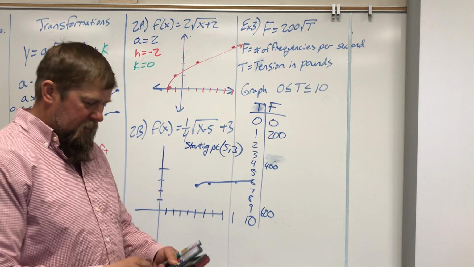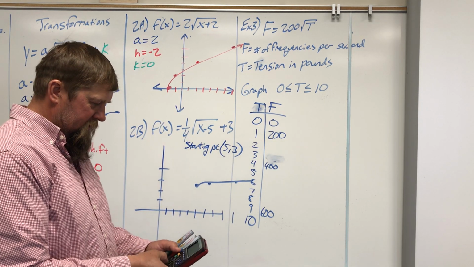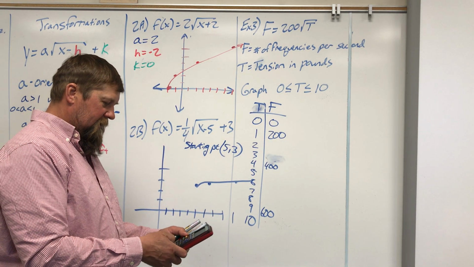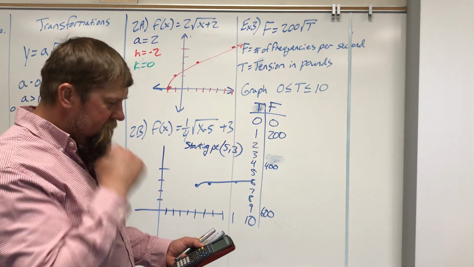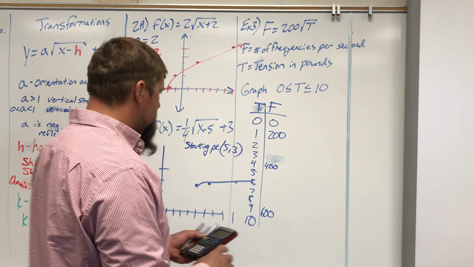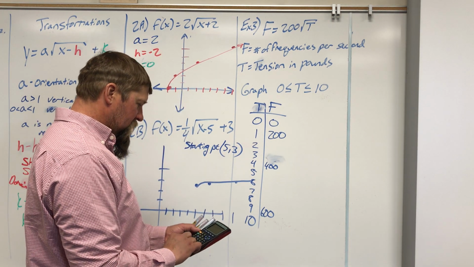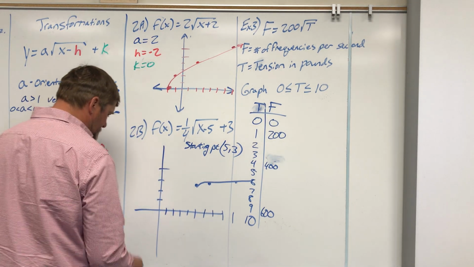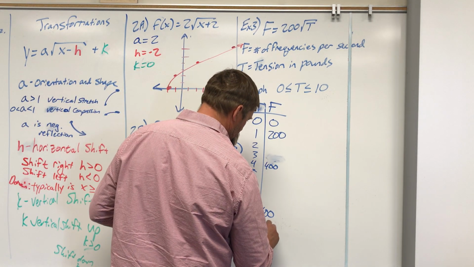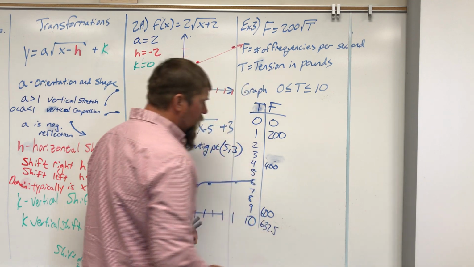So I take the square root of 10, and I get 3.162277766, but I multiply that times 200, and I get 632.5. So that should be enough